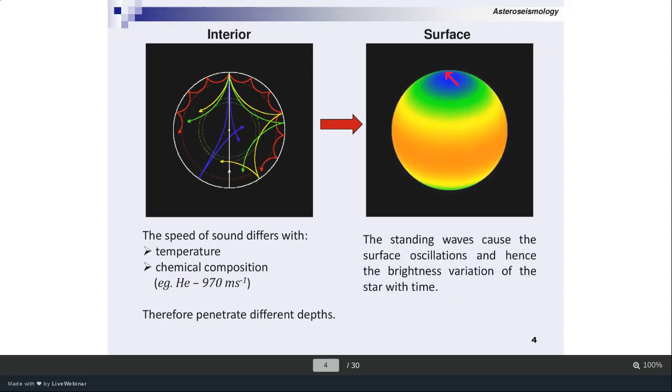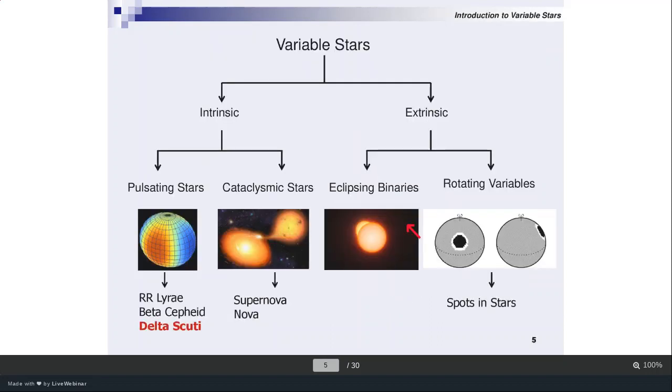So in the color here, this is maybe a contraction, this is maybe expansion. So in one part the star is in compression, and another part might be in expansion. So some combination of expansion and contraction along the surface gives a very good tool to analyze the inside of the star. Okay, right. So that is basically what we call asteroseismology, and here I will apply this tool,